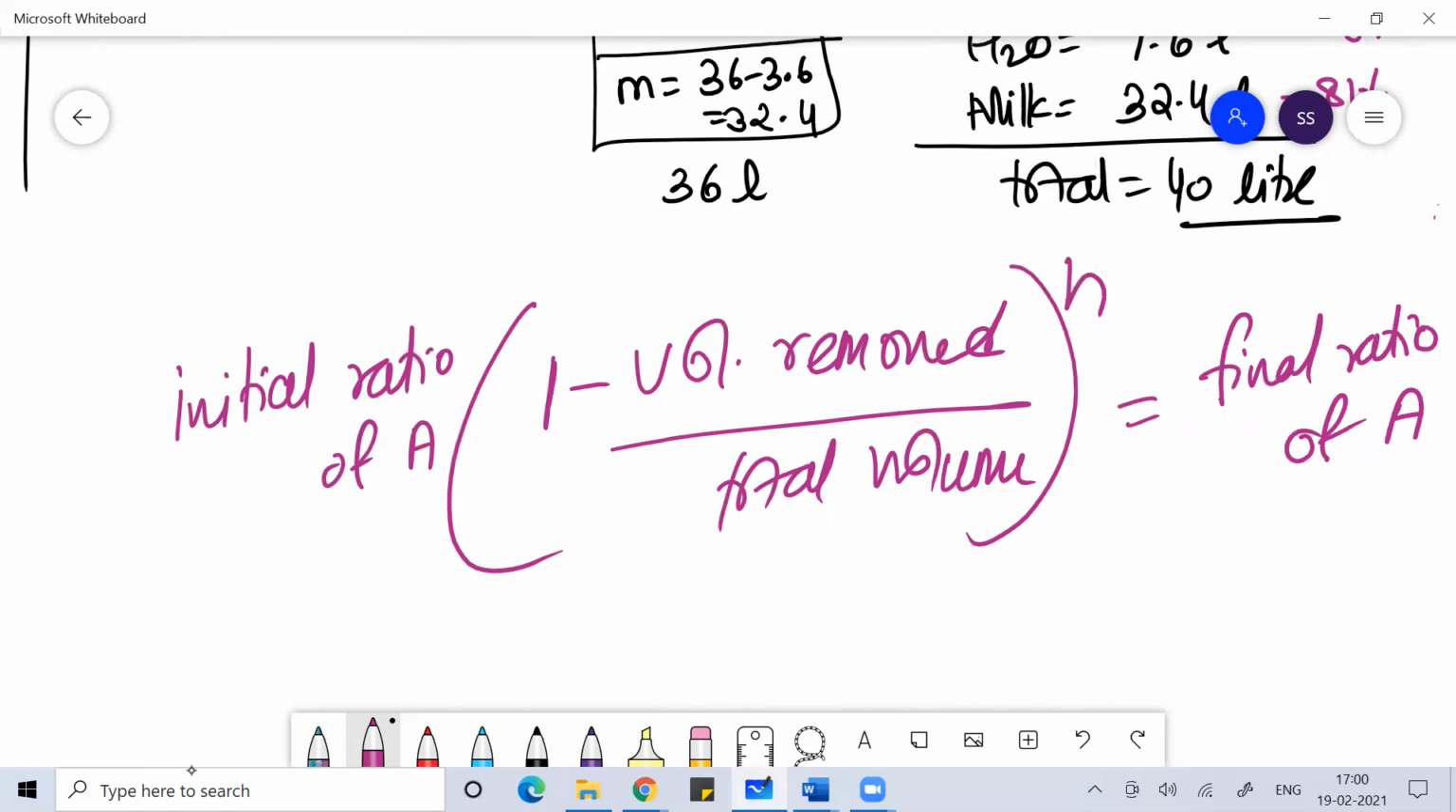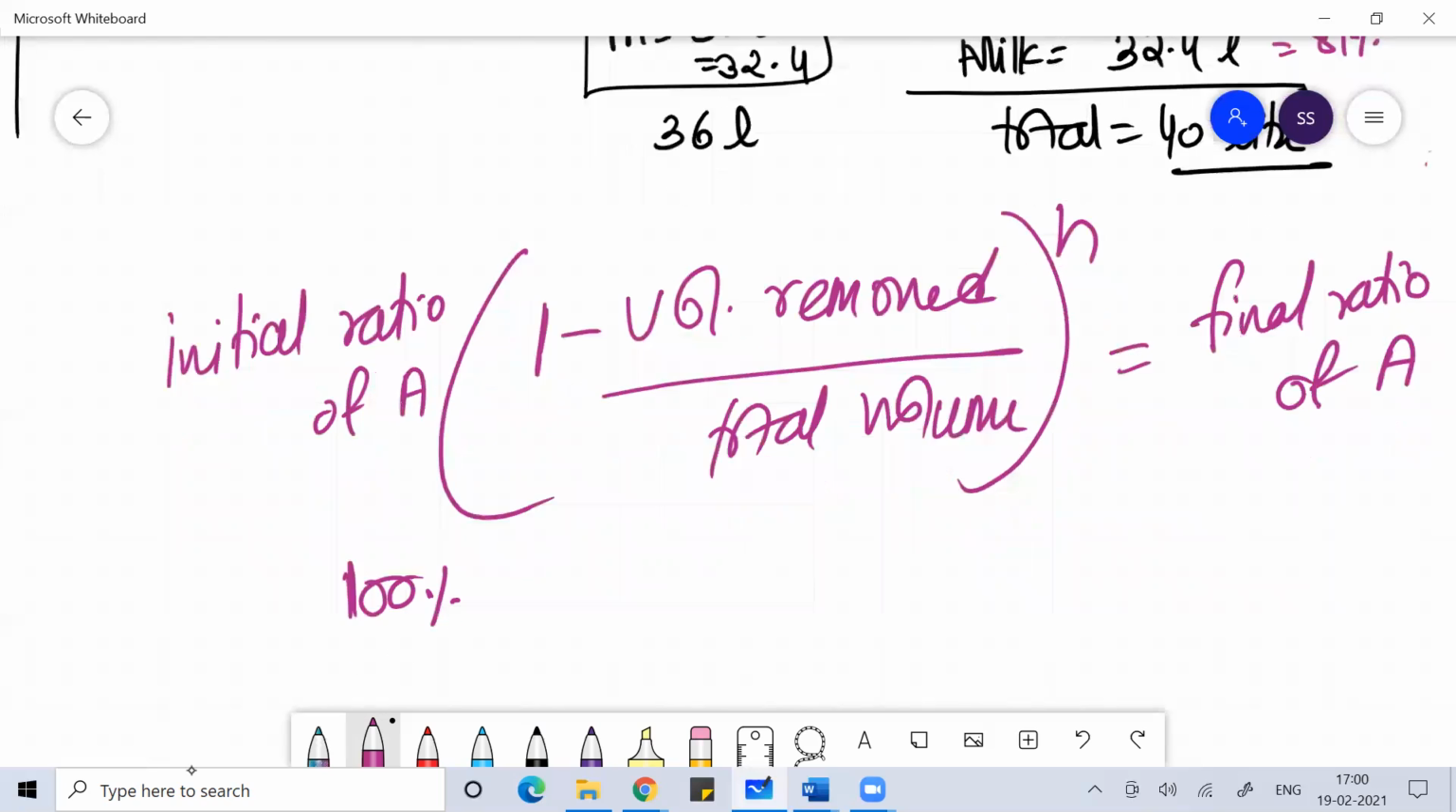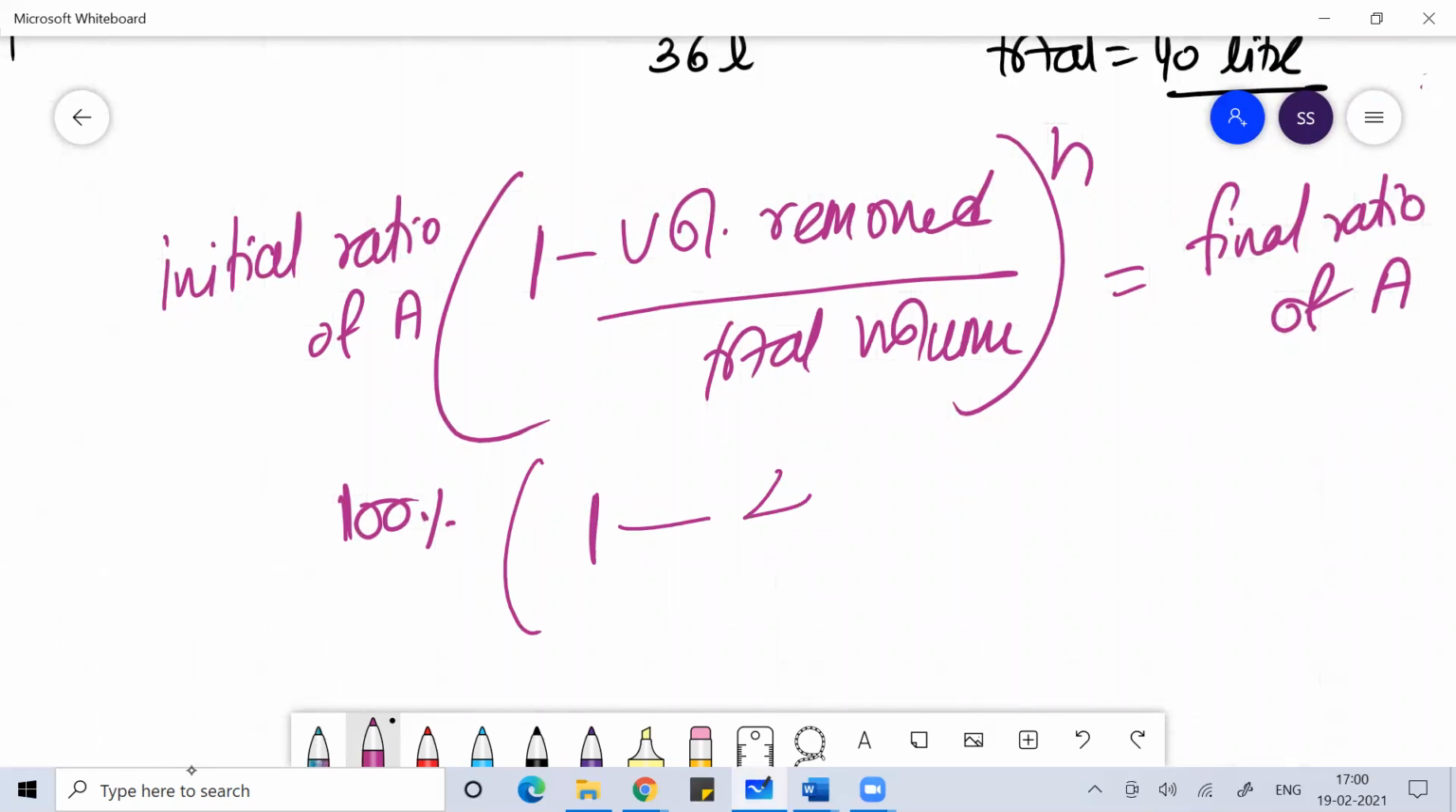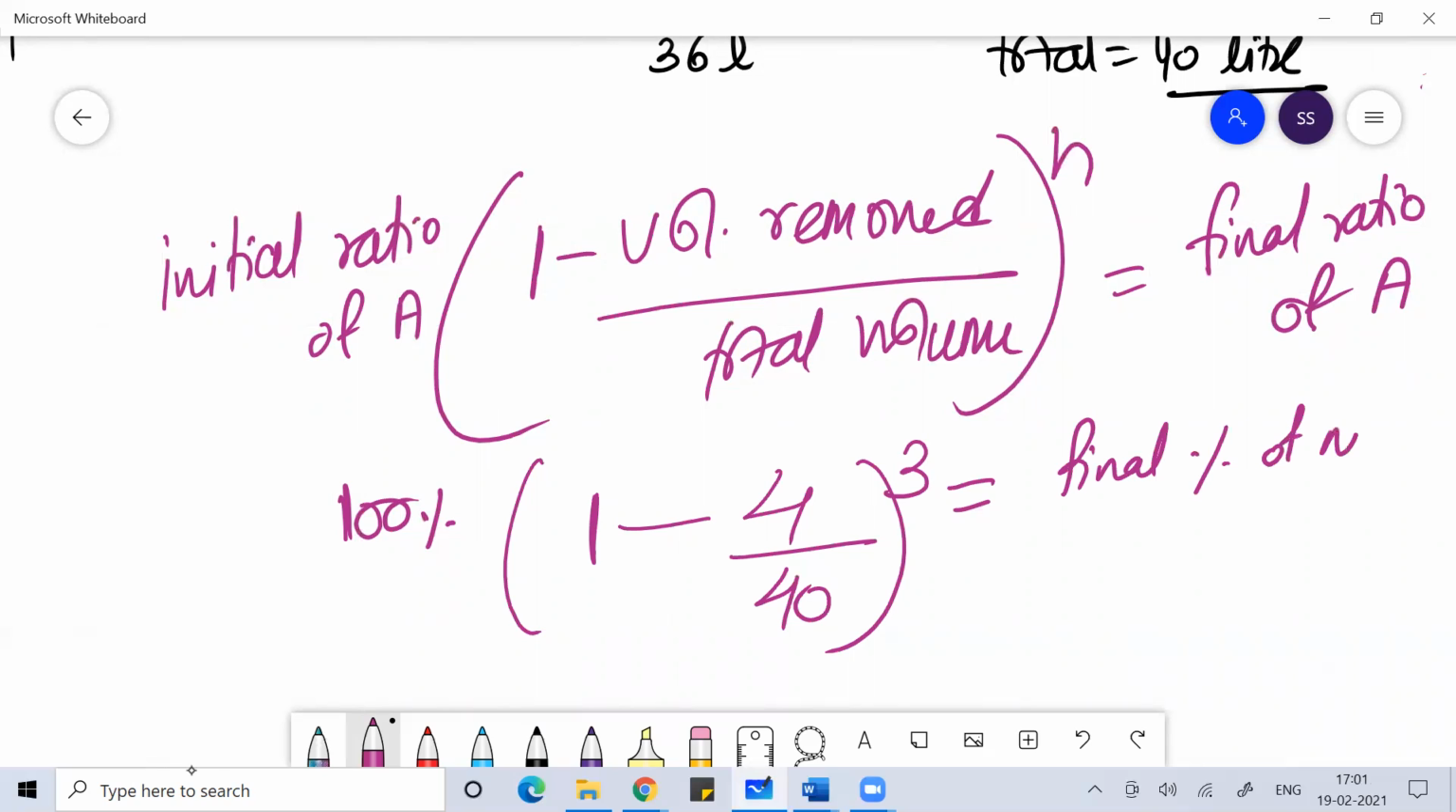A is the variable which is getting reduced. Initially, if you noticed, you had 100% milk. 40 liters means 100% milk. Then 1 minus, you remove 4 liters from the total 40 liters, and you are doing this process 3 times. So what is the final ratio of milk? Out of milk and water, you have to see which variable is getting reduced every time you remove and add. So if I have to find the final percentage of milk in terms of ratio, then you write: